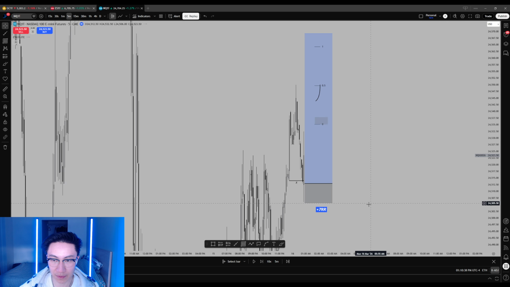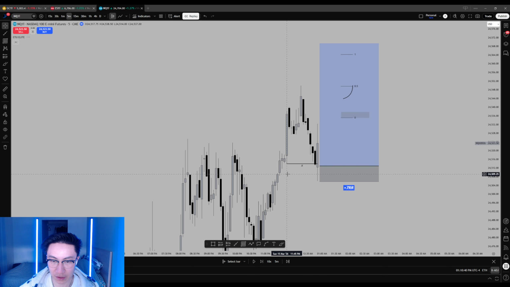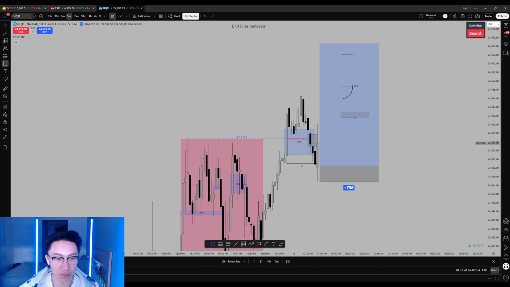Wait for that liquidity sweep. You go to the 5-minute. There's also a 5-minute PY right below, which can be added as extra confluence, okay? Because it basically means that price not only took out liquidity or external liquidity, but also mitigated something right below,